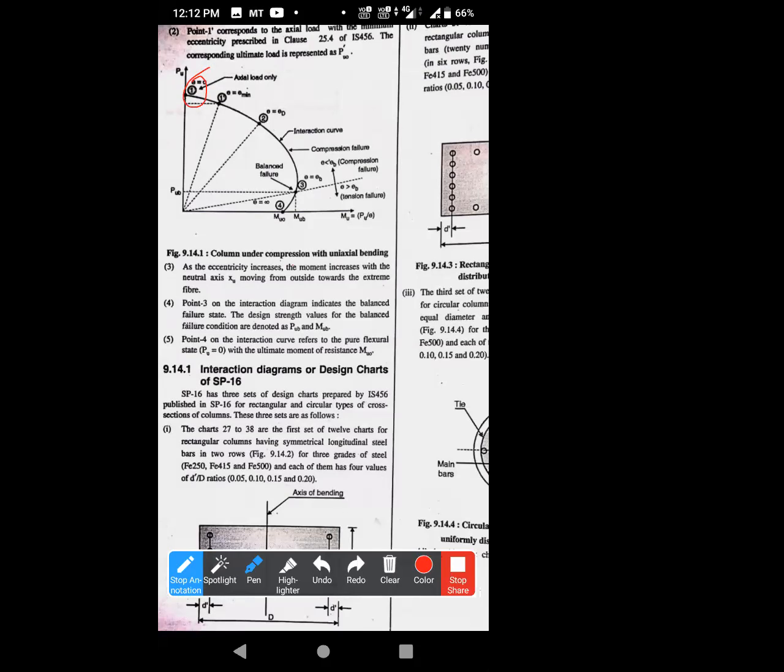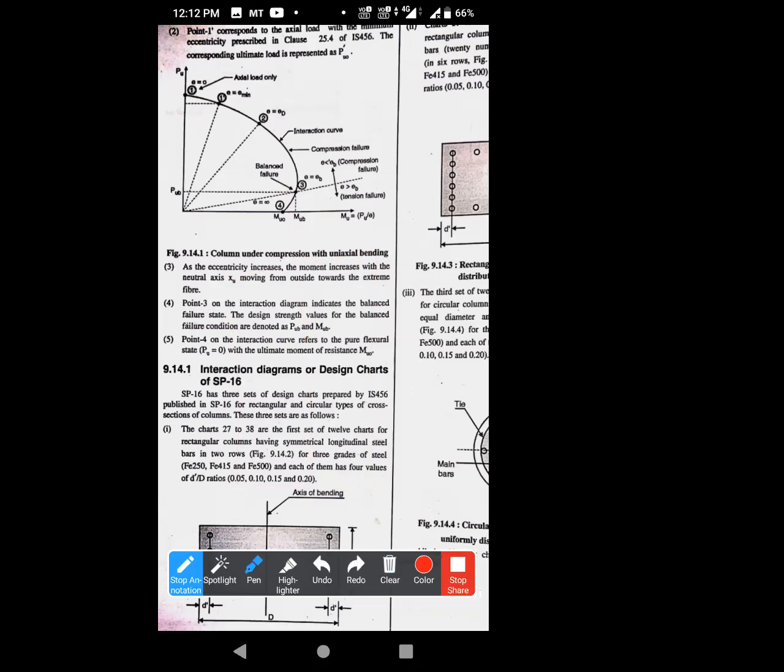At this point, as I have told you before, this is the movement axis and this is the load axis. At the first point, on the y axis, the maximum Pu value is given but the movement is equal to 0. When the movement is 0, the eccentricity is equal to 0. Movement will be possible only when the eccentricity is there. Eccentricity not being there means whatever actual load is acting, it is acting at the center of the column, so the eccentricity is equal to 0.